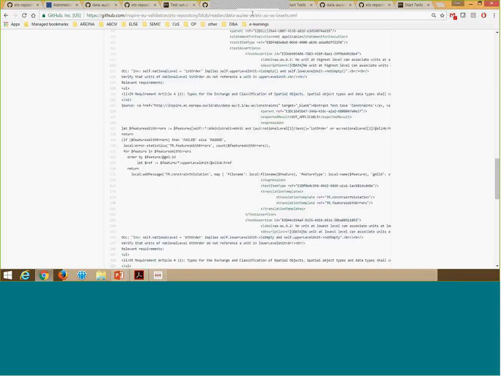So when you look at this executable test suite, it's like the following here, so that we are taking the administrative unit and seeing that it does not refer to anything else in the upper level units.